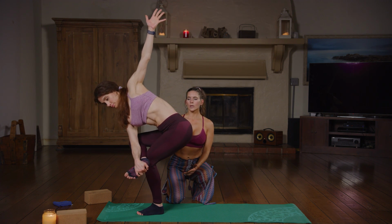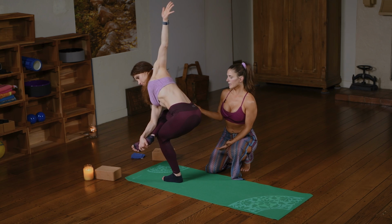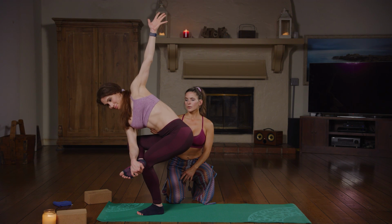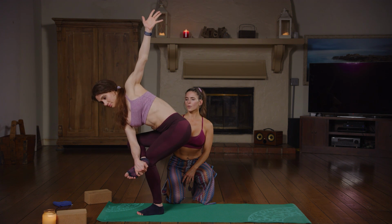Nice, Mara. Keep working through that seat. So keep smoking the seat down. Let's breathe in it for 5. Let it feel good for 4, for 3. So what I want you to do is keep that figure 4, bring your hands on your hips,